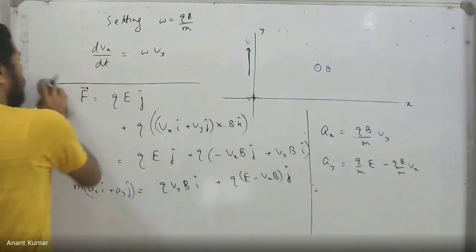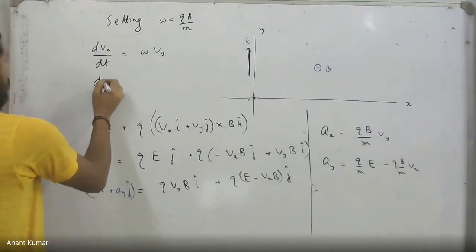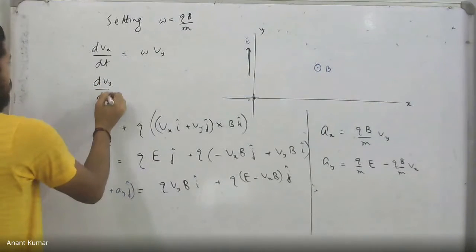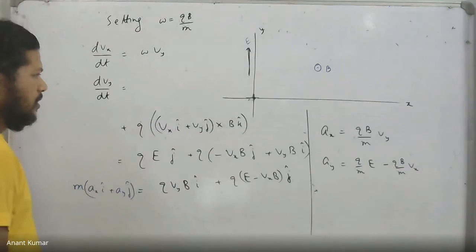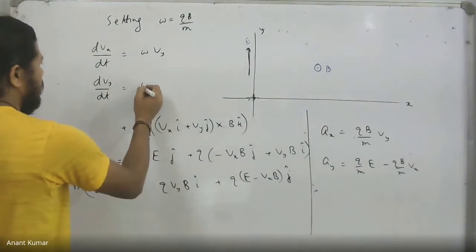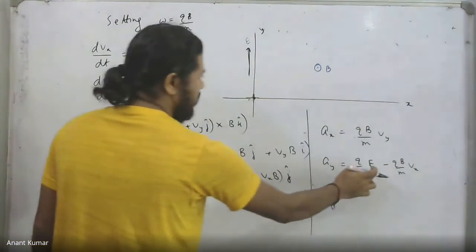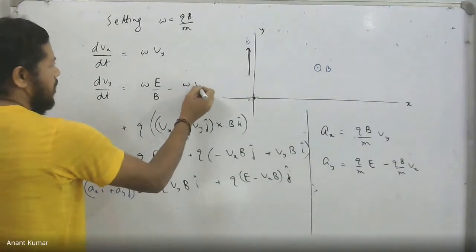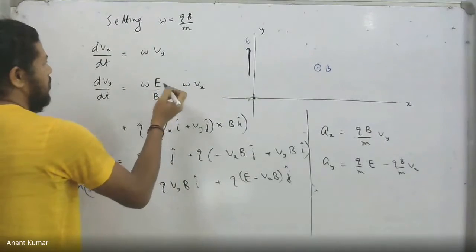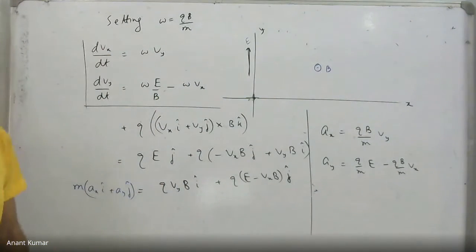Omega into Vy and dVy upon dt is... I could multiply and divide by B so that I get omega into E by B. This one I have multiplied by the B over there, and minus omega into Vx. That is what we have got, the two equations in terms of